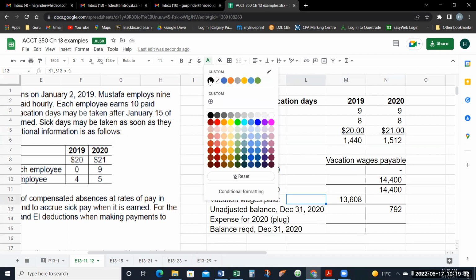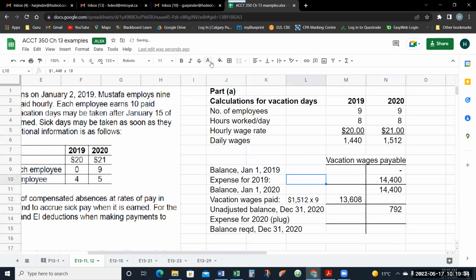So if you multiply the 1,512 by 10 days and add the 1 day unused from 2019, which was calculated at 1,440, we get a